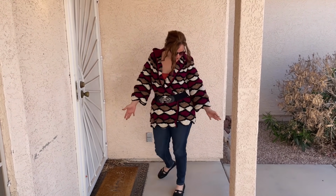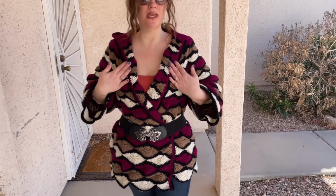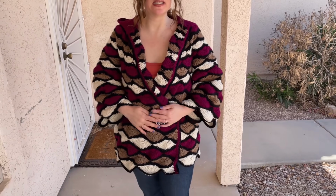So here it is with simple blue jeans, and you'll note that with the belt, I went ahead and folded the lapel down and just used the belt to sort of keep it in place. You can see what I mean by you really don't need buttons. If you just put on a simple belt,